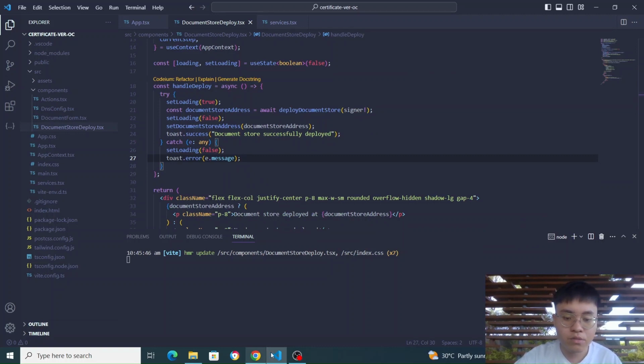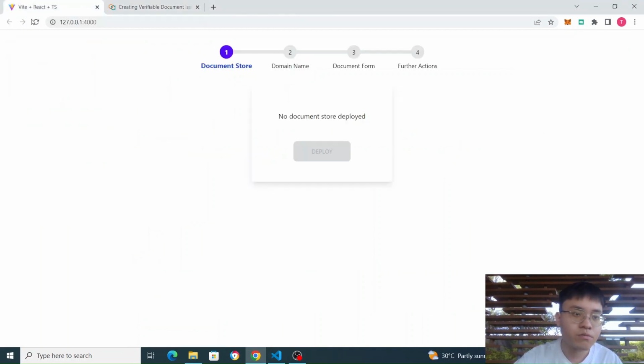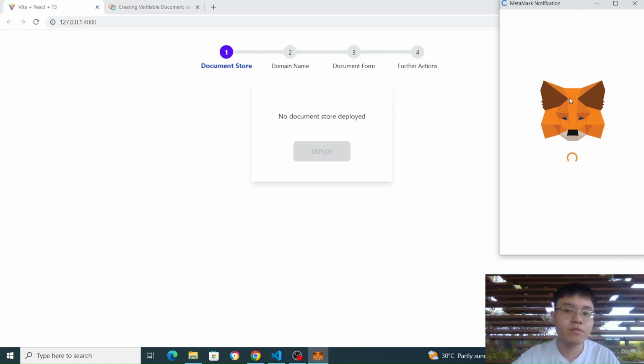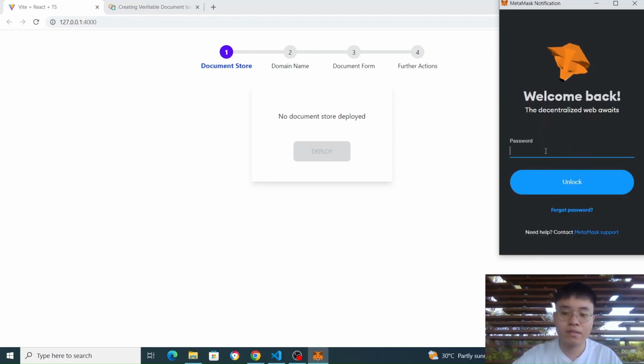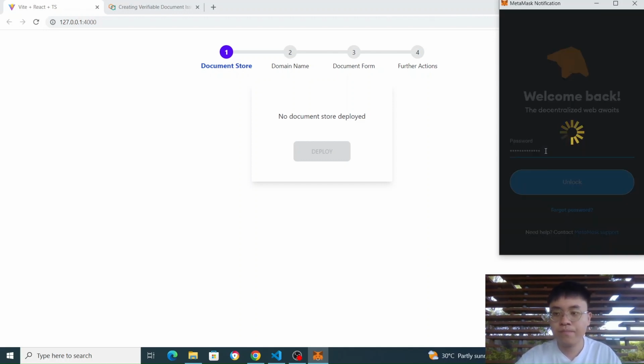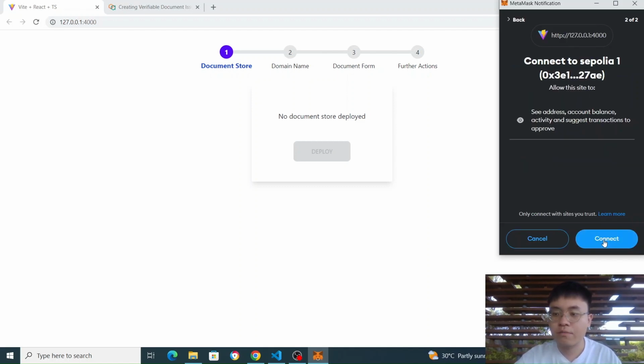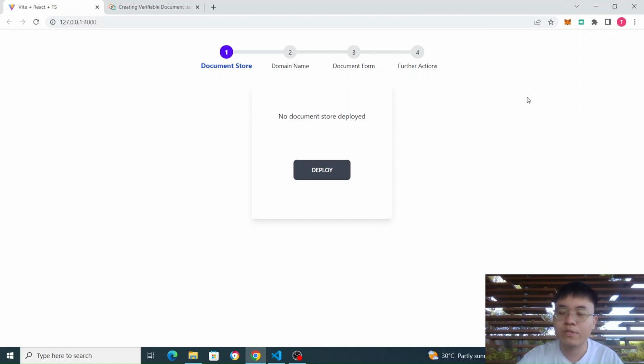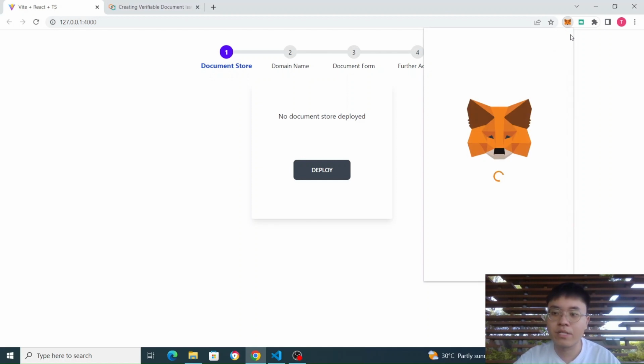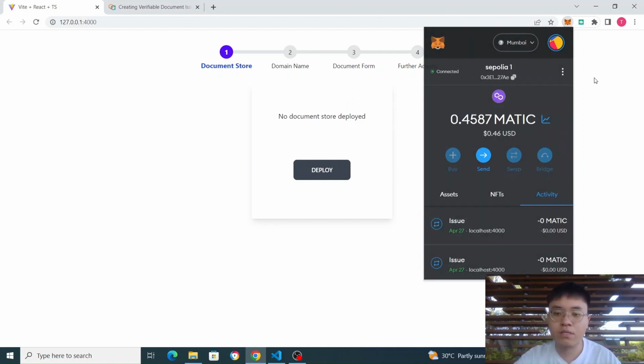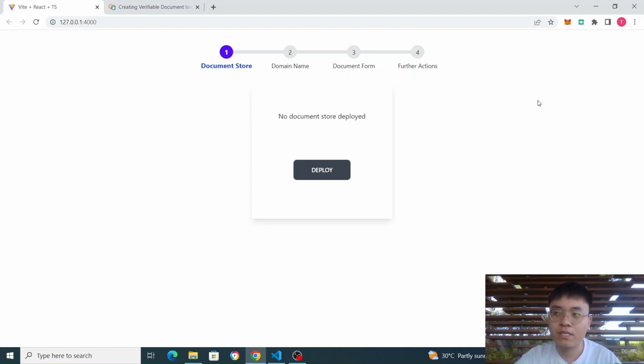And that is done. So if we want to go to the website, okay, this is the website. If I refresh, you can see first of all there is a MetaMask that comes up, and I need to log in and connect my address. For this MetaMask, I am using a Matic testnet, which is Mumbai. But because Ethereum and Polygon are interconnected, we can use Solidity smart contracts on Polygon as well. So when I click deploy,